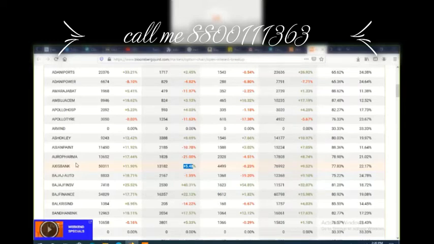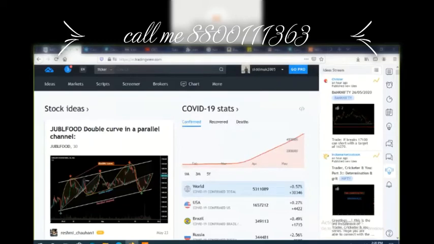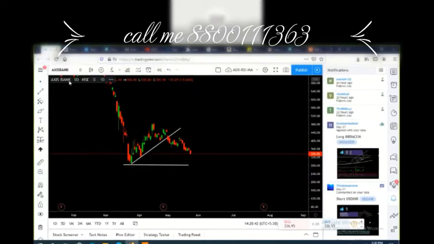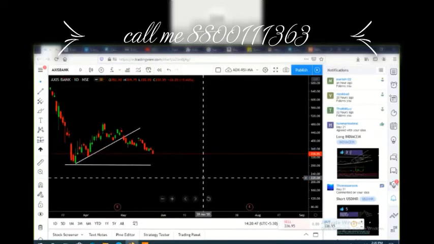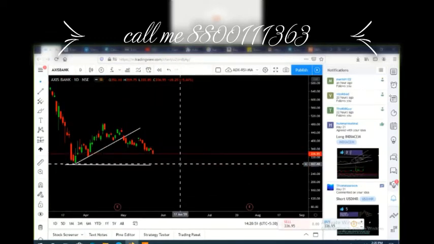So what I will do, I will go to Axis Bank and see: is it confirmed? Whatever the data is telling, is it confirmed? I have seen that the candle which has formed is exactly a bearish candle, and it is 100% sure that the market is in the grip of the bears.